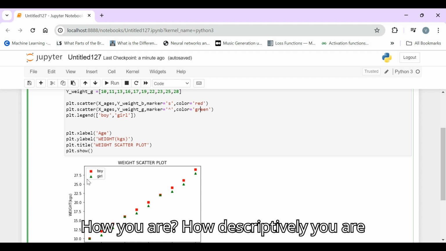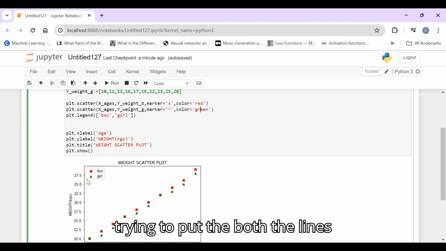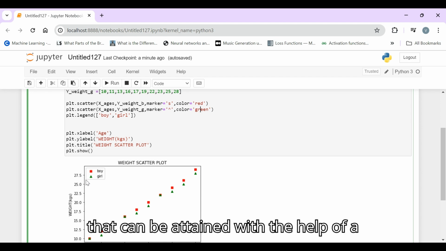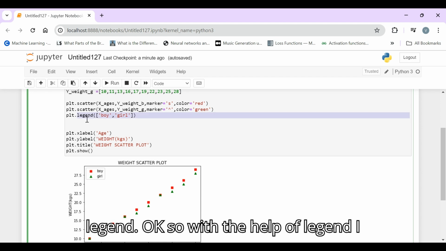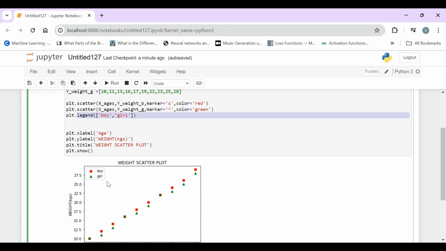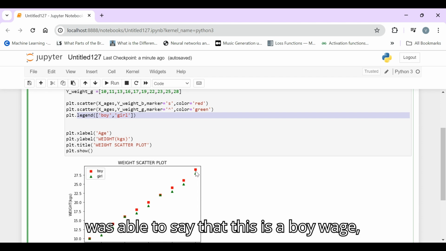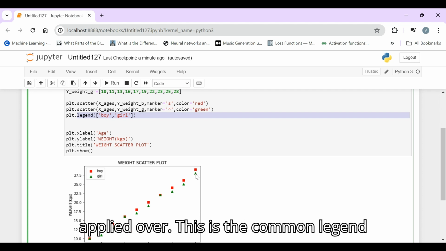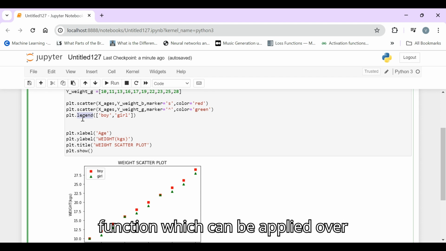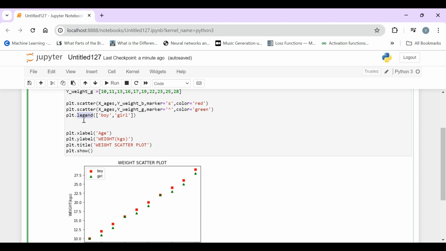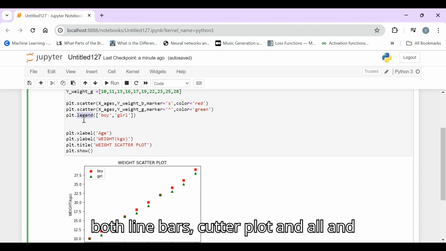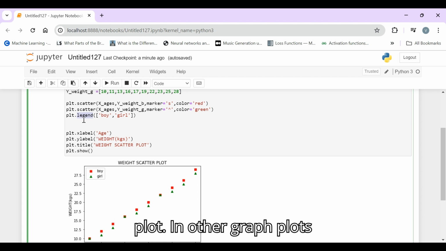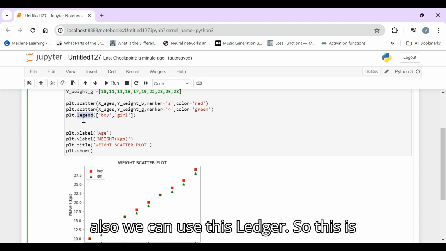How descriptively and informatively you can put both the lines in the chart can be attained with the help of a legend. With the help of the legend, I was able to say that this is a boy weight and this represents a girl weight. This is a common legend function which can be applied over line, bar, scatter plot and so on. It's not only for scatter plots; we can use this legend in other graph plots also.